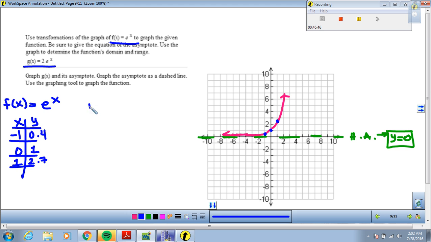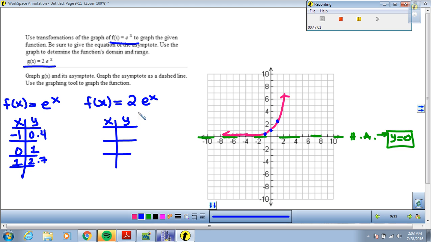So the only transformation that I see here is multiplication of the original function times 2. So what is that going to change in my table? It's going to change my y values. So the x's are going to remain the same. The y values are the ones that are going to be multiplied times 2. So when you have a number multiplying times a whole function, this means that you're going to multiply